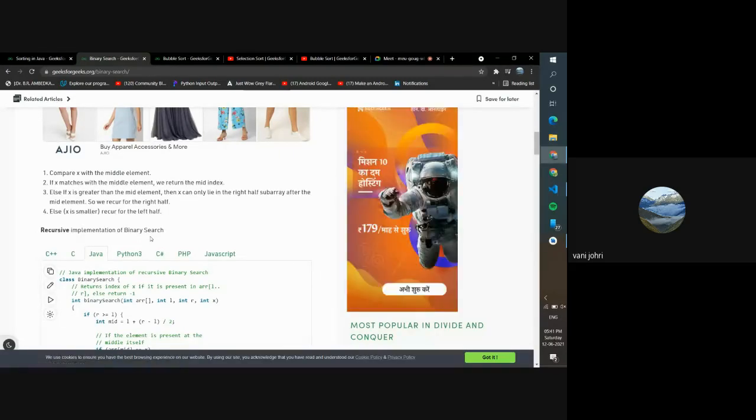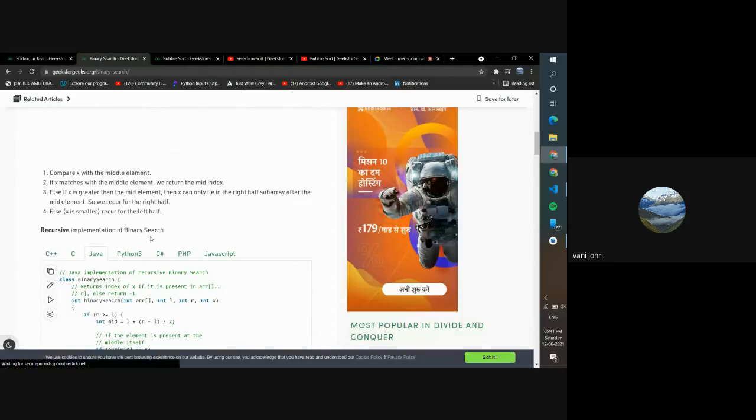So that's why we have this thing which is called a binary search, and it only works on arrays which are sorted. That's why I taught you sorting first. It only works on arrays which are already sorted. So if you have an array which has not been sorted, first you need to sort it, and then you can perform binary search on it.